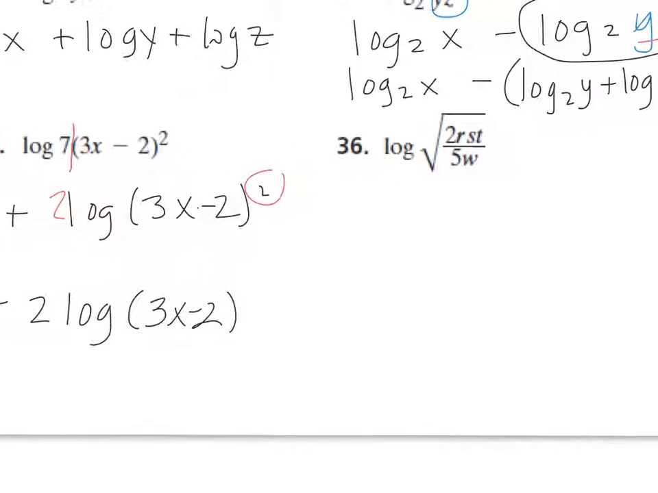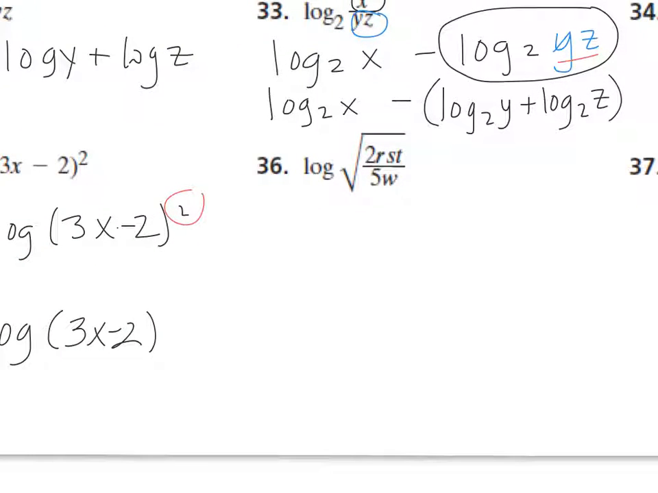And then number 36. This whole thing is being square rooted. So I'm going to write it as 1/2 log of 2RST over 5W. So it's going to be a lot. So this whole thing has the half out front. So this is going to be 1/2